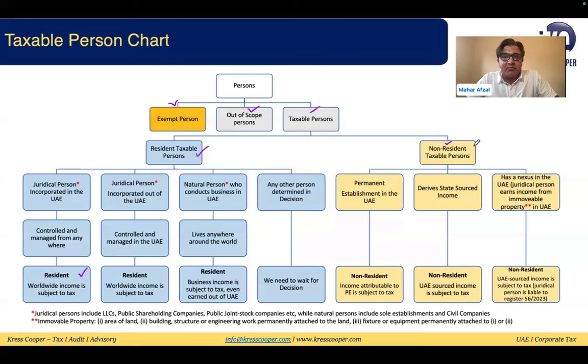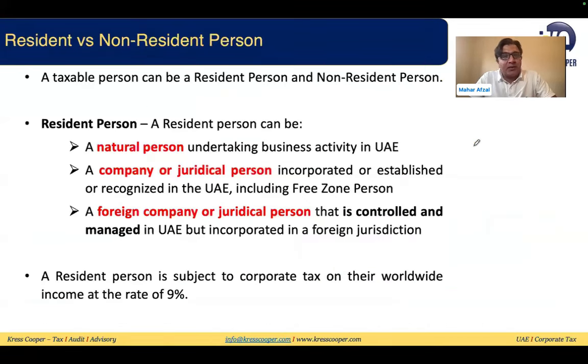They are giving them buildings on lease. There is a possibility, if this is the case, then a natural person, they will have access in the UAE, and they need to get themselves registered in the UAE as well. So this we have already discussed in the taxability discussion. Now this is resident. We discussed tax resident versus non-resident person, resident person, natural person, company or juridical person